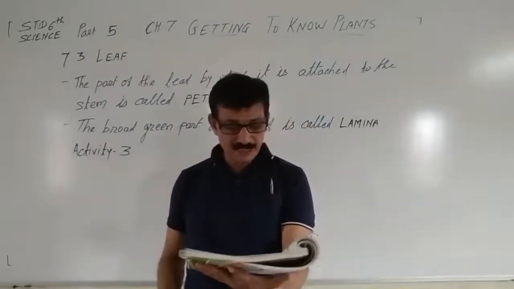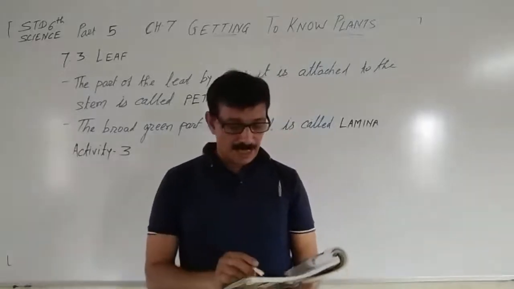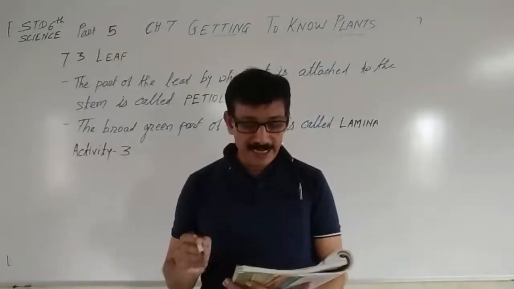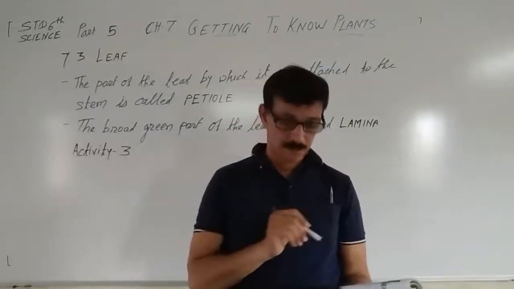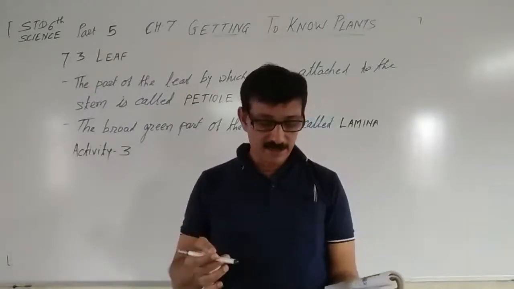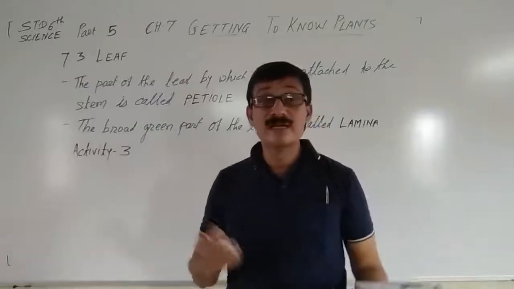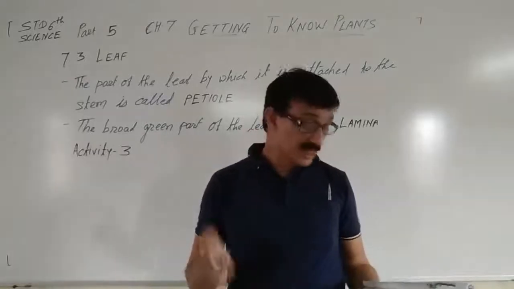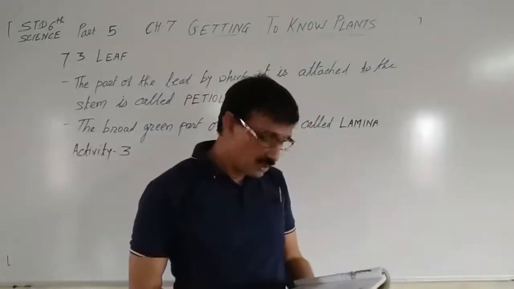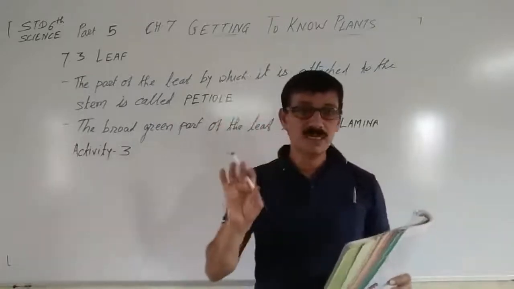Can you identify these parts in the leaves? Yes, just now we did it. Now let us get to know the leaf better by taking its impression. If you thought that leaves cannot shine, there is an activity which will make you think again. Let's go for the activity. That is activity 3. And what is that activity? To know the venation of the leaves.